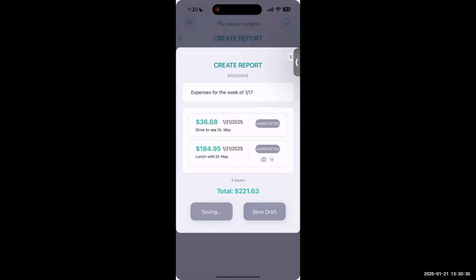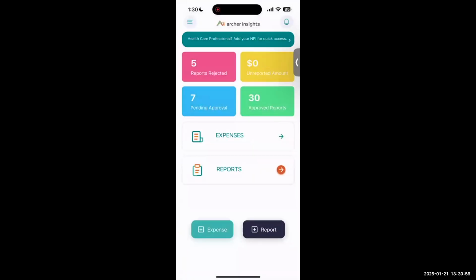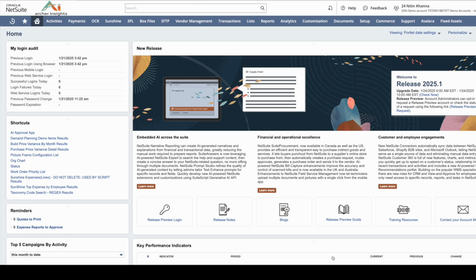And this is connecting into NetSuite and in real time trying to create an expense report within NetSuite. And when it does that, it's going to populate all the Sunshine reportable fields that are necessary for the CMS reporting. And we will now transition, I can go to my dashboard again, and we can now transition into NetSuite. So we are now in NetSuite